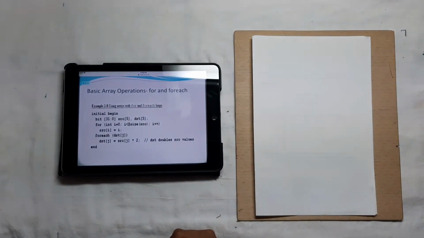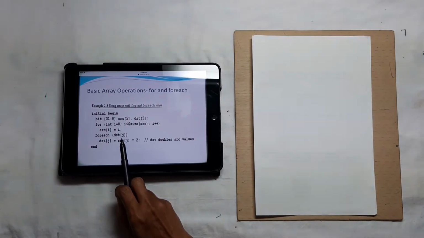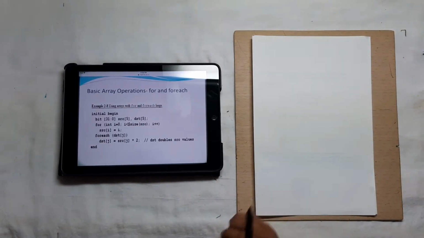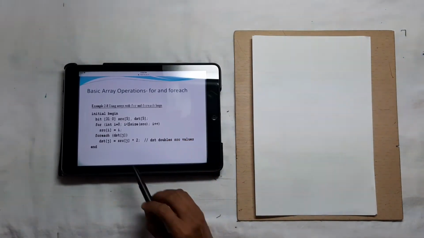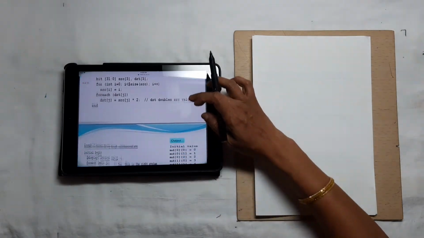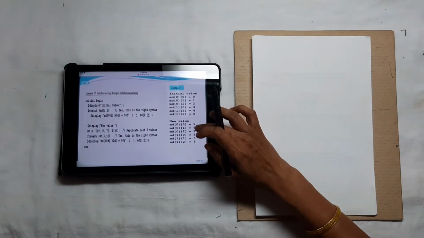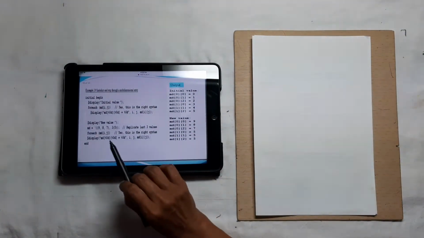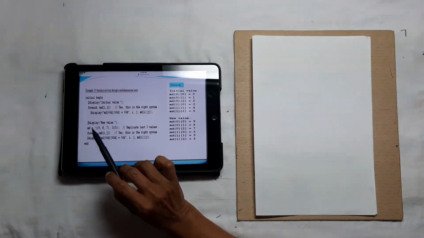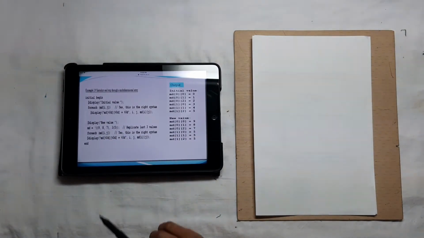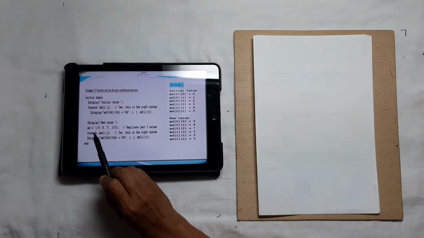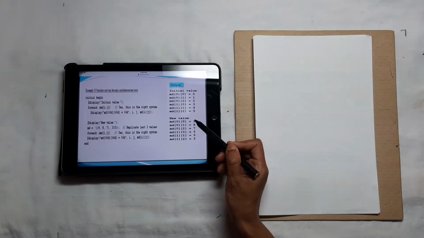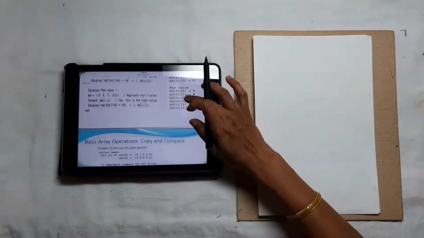Then we have seen what is the difference between for and foreach. The foreach, if you give it like this, steps through all the elements of that particular array, and whichever statements are there, accordingly it performs the operation. So next we have seen the example of foreach for the multidimensional array. We have displayed the values with the initial values. Next, the values are changed, and also we have displayed those values.